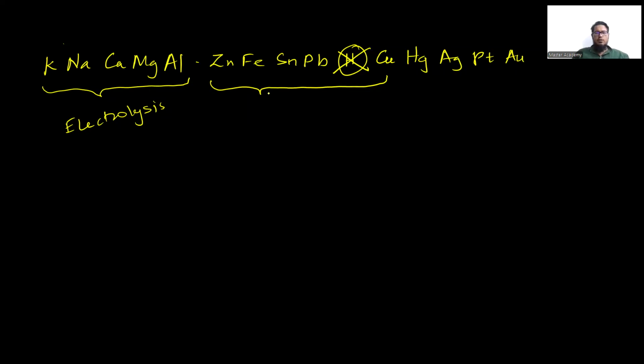Other than hydrogen, all the other metals, including copper, can be extracted by the thermal reduction method. And Hagrid ke partiya aulvela, that is mercury, silver, platinum, gold, can be extracted by